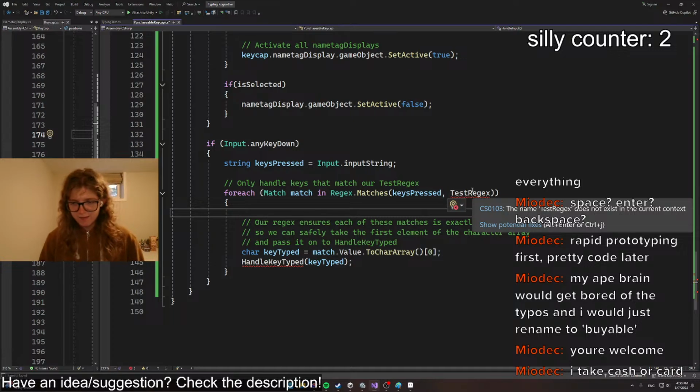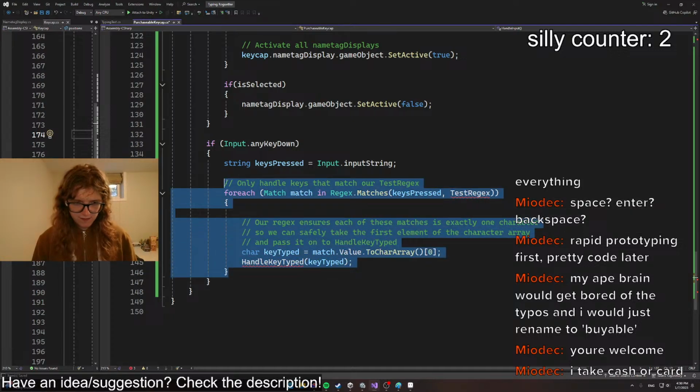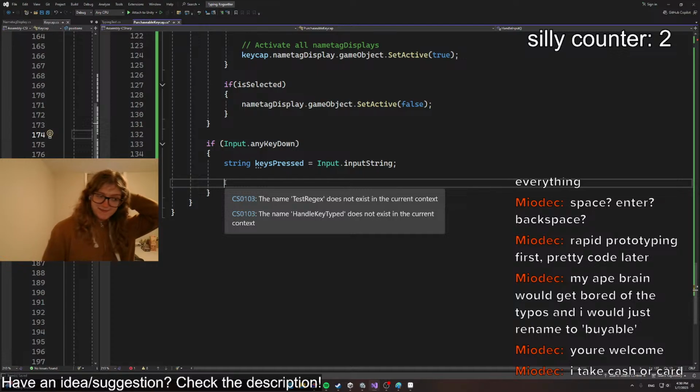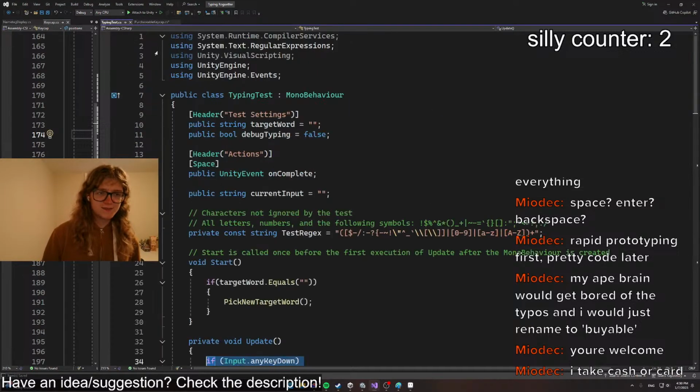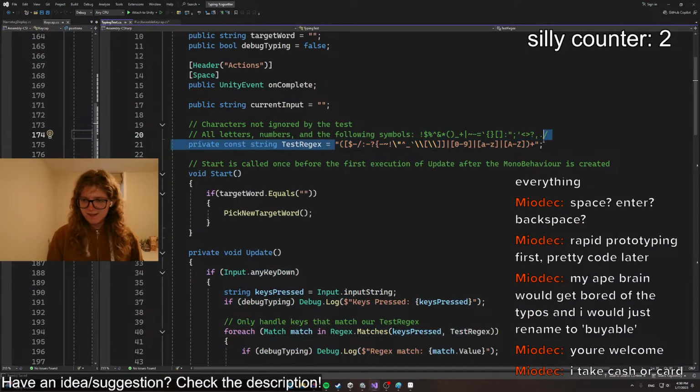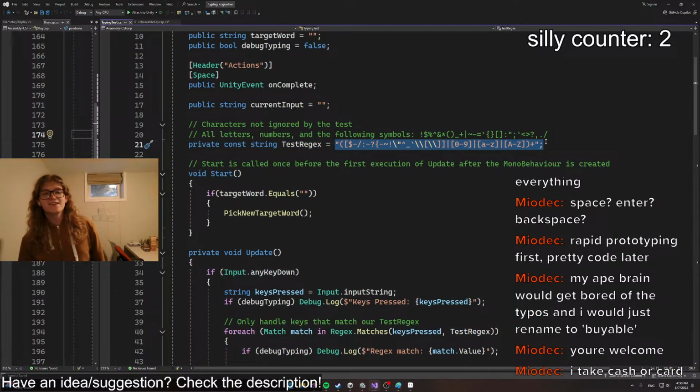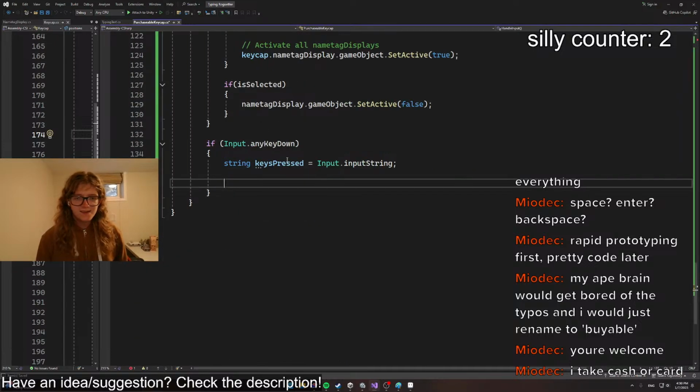I don't think we care about the regular expression, because in typing tests there's a regular expression, so the test only handles input that meets this. But I think